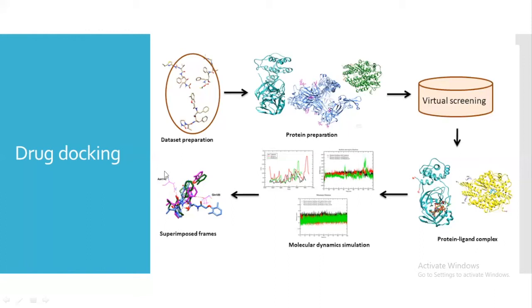Like, suppose you can see here, this is a conformation of the ligand at the starting stage, and this is after the end state, right? So we can see that the conformation of the ligand has changed, right? So the orientation has changed, even though the ligand has not come out of the pocket. So this kind of analysis can be done using molecular dynamic simulation.